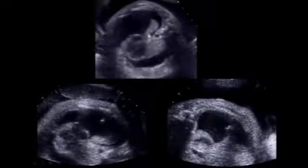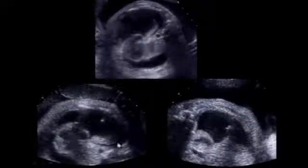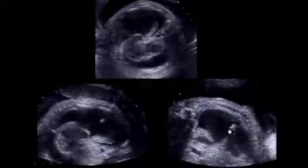So here's a fetus who came in with large bilateral pleural effusions, and the determination was made that we were quite concerned that there was going to be a pulmonary hypoplasia here. So the decision was made to tap these pleural effusions. Here we are tapping the right pleural effusion. You can see the needle coming in, and we drained all of the fluid off on the right. And then we rolled the mom and put a needle in on the other side and tapped the left side